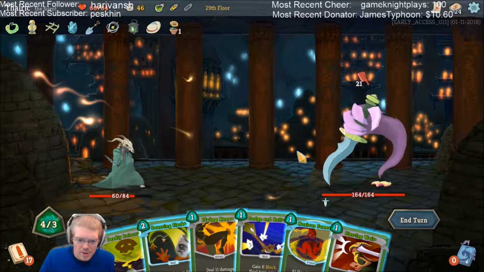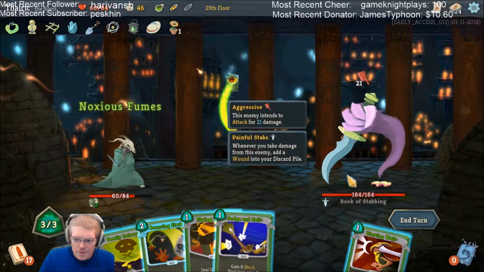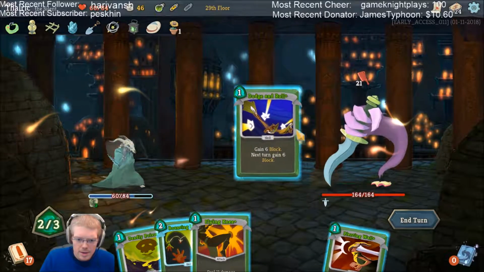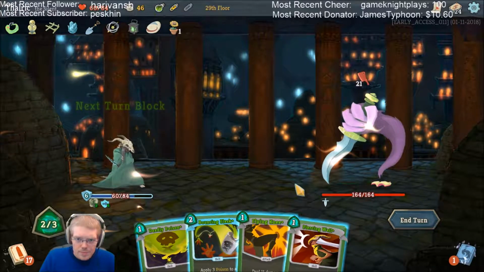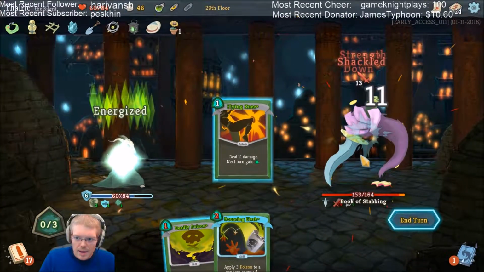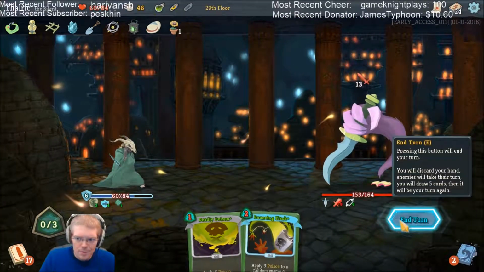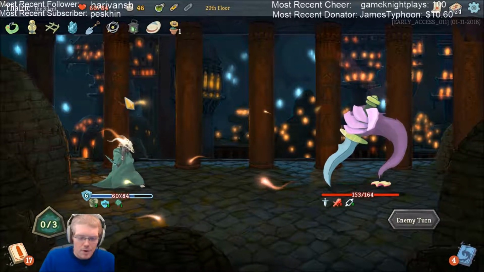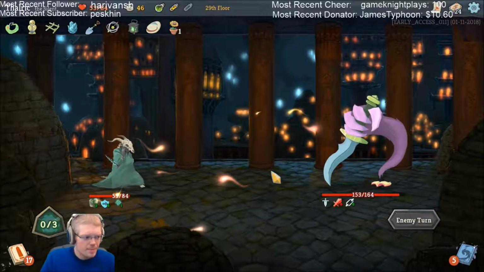So, he goes in with a lot of damage. Noxious Fumes. We might just want to play a Piercing Wail here right away. Yeah, let's Piercing Wail, reduce the damage that he deals. And then I hit him with the Flying Knee so that we have 4 energy for next turn. So we take 7 damage right now. That's fine. We've already got 1 Noxious Fumes plus in there. And...